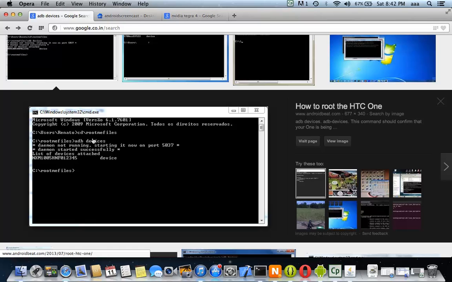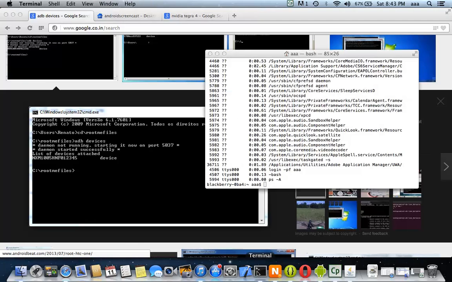That is the sequence. And then sometimes even if you do adb devices, it will never show you the device list, and it will always show just list of devices attached. That time you do this: adb kill-server.